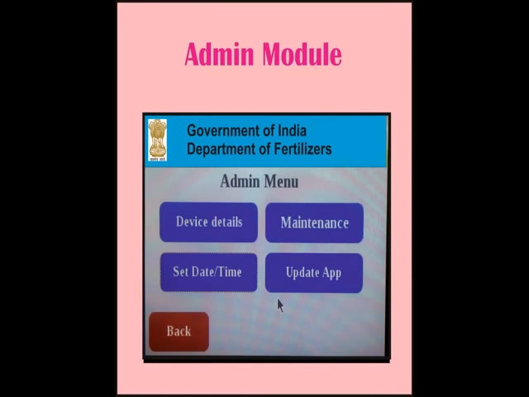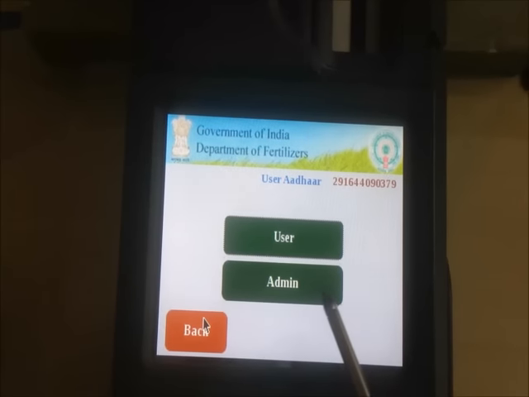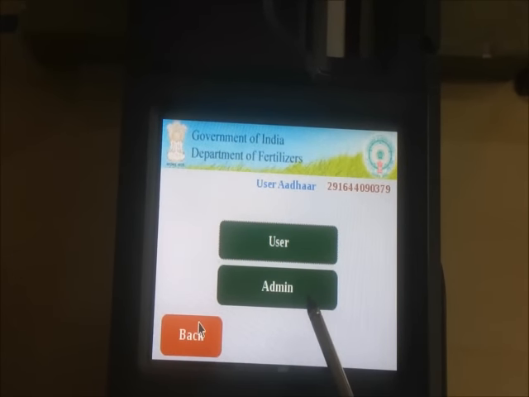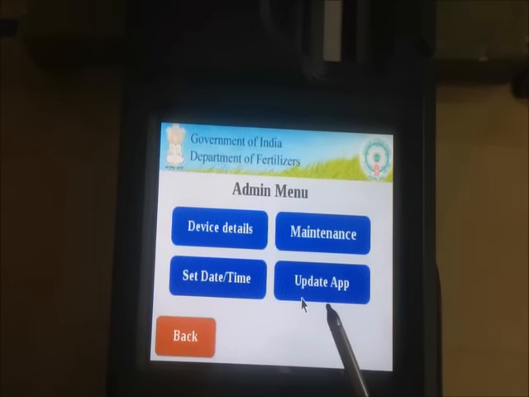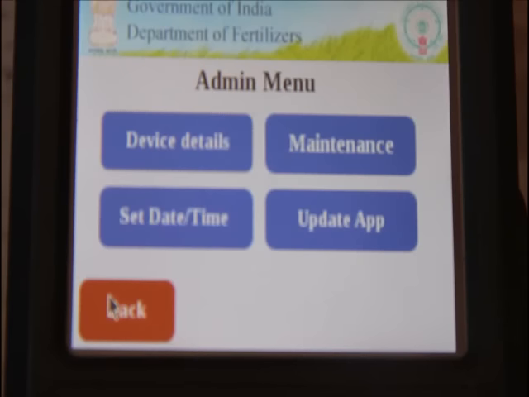This module is for managing the user or retailer account and for maintaining POS device settings. The activities that can be done through the admin module are as follows. First, to check device details and to set time and date. Second, for adding or deleting a user. Third, for app updation.